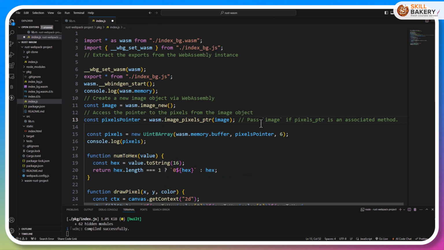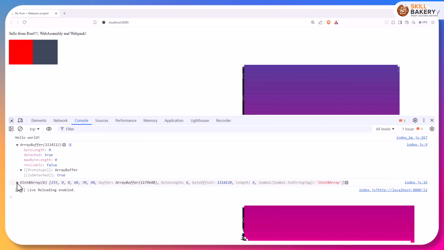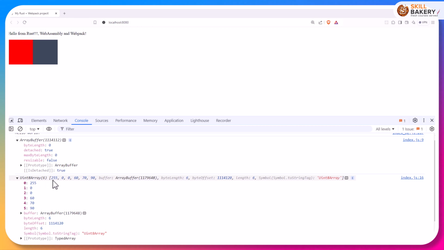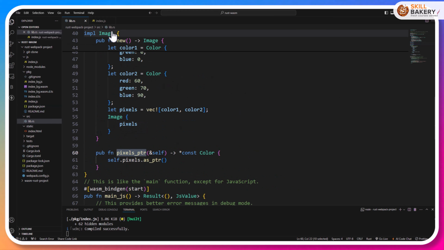Now, once we have the image over here and the pixel pointer is created, and over here, you can see when we are accessing the pixels using the Uint8Array, down below, you'll notice the Uint8Array. So these arrays that we had, see the values for RGB are coming up over here. So this is for color 1 and then this is for color 2. Now let's go back to our code. Now once we have that pixel data with us that we created over here as color 1 and color 2,